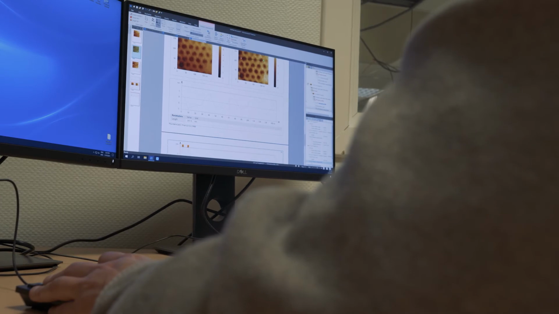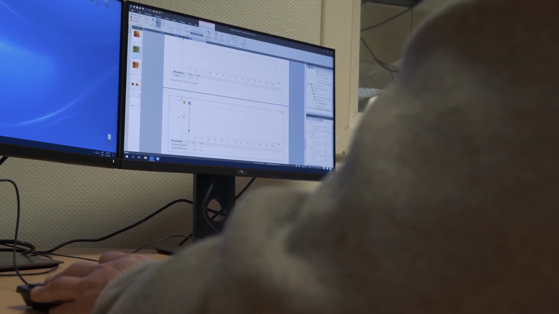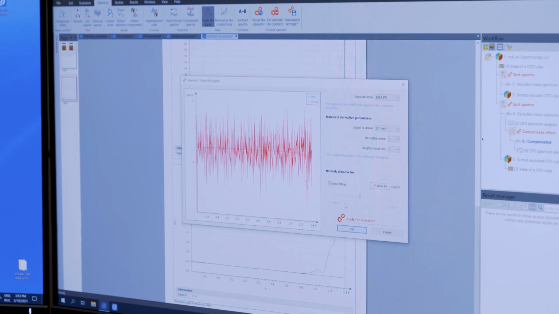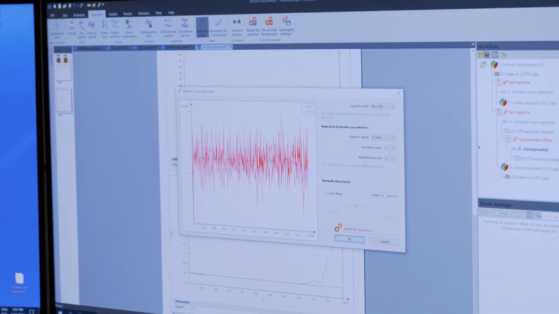Once the measurements have been completed and the data acquired, the next step is to treat the data and extract useful information from it. This is where Mountains software comes in handy, because it allows us to treat both topography data from the STM measurements as well as the scanning tunneling spectroscopy data.